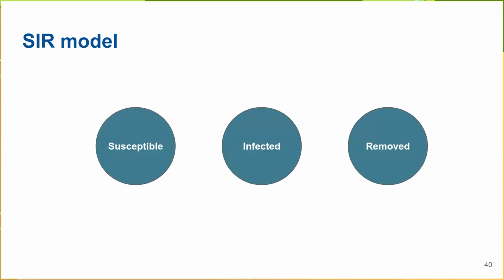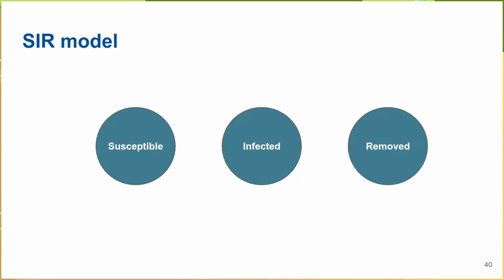How do people usually do that? There are many variations of this model, but this is the backbone. This is the basic version of this model. They have something in epidemiology called the SIR model. S is for the susceptible people, the people who can get infected, but at this point they are healthy. You have the I, that is the people who are infected right now, and then you have the R, that is the people who are removed from the system. They can be removed because they died, or because they recovered.